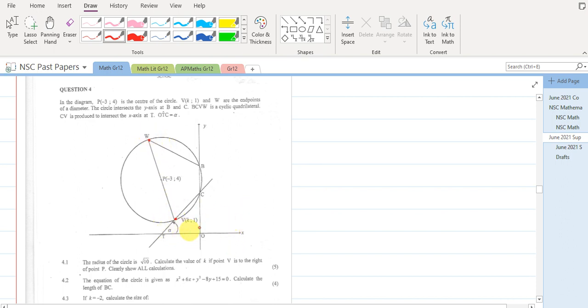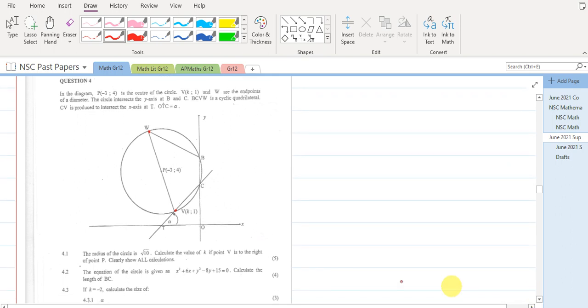Now, from this, what can we extract? We have the center of the circle, and can we get the radius? Well, we need more information. We couldn't fill in much information here. That's all as it is. Now, the radius of the circle is square root of 10. Perfect. This is very helpful because then we can find the value of k, because if the radius is root 10, it means